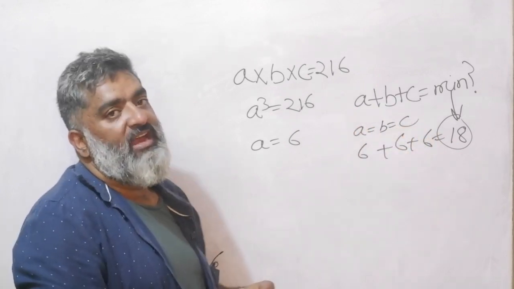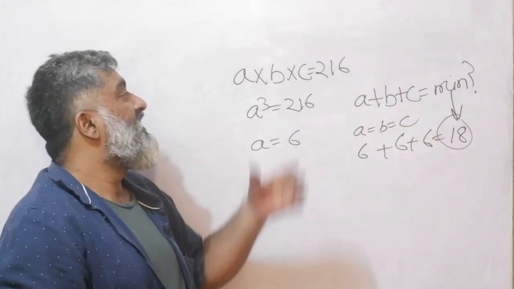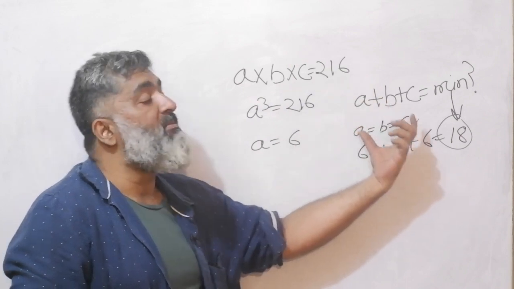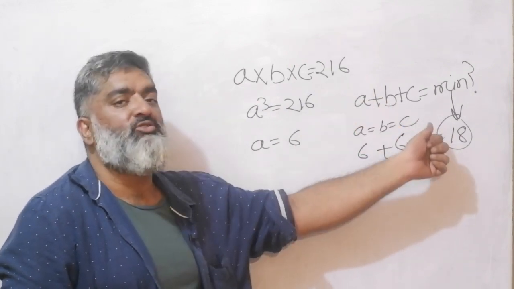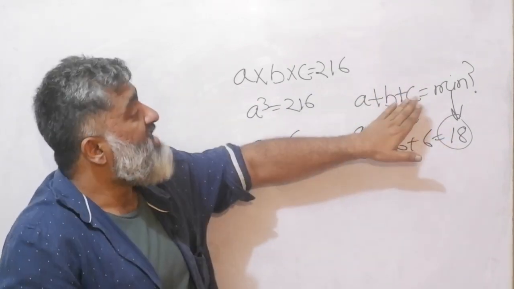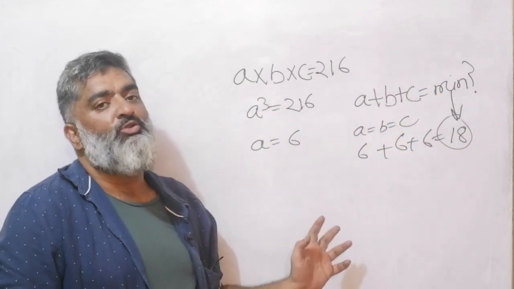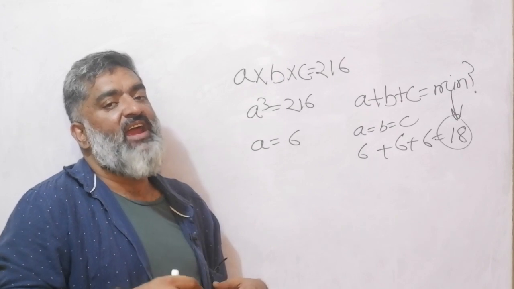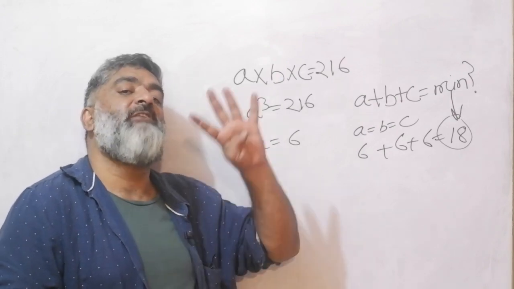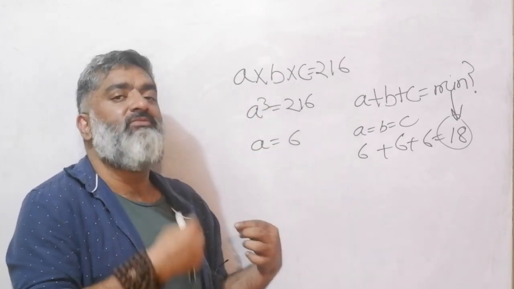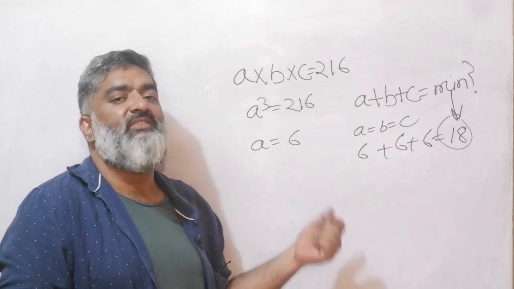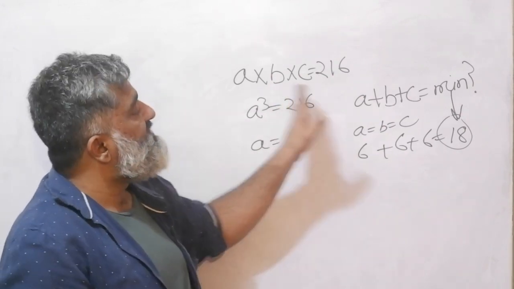So from either side, the story is pretty identical. If the product is constant, the sum will be minimum when the terms are equal to each other. When the sum is given as constant, the product will be maximum when the terms are equal to each other. So capture the idea, write it down, maybe revisit the previous examples and see where you can use the story very conveniently. It will be very easy in a situation like this.